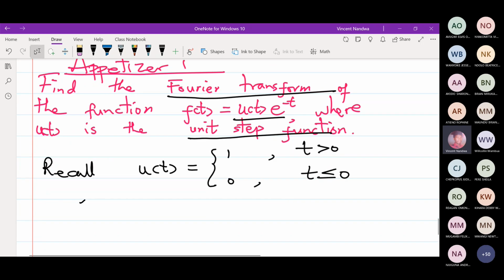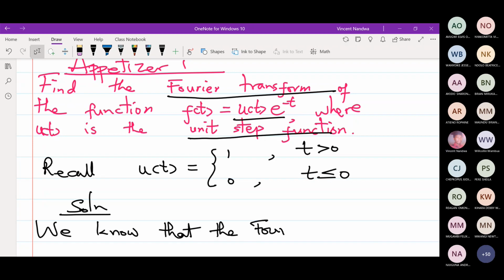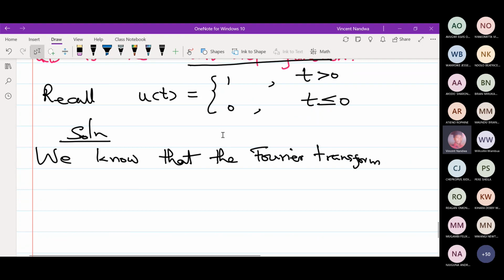So the solution will be, we know that the Fourier transform of f of t is given by